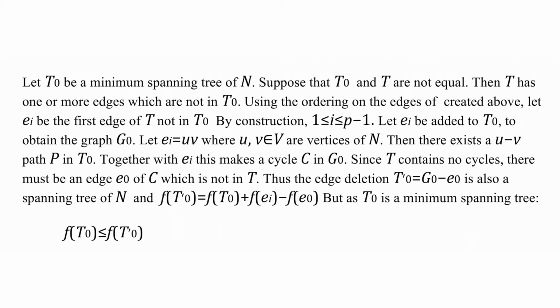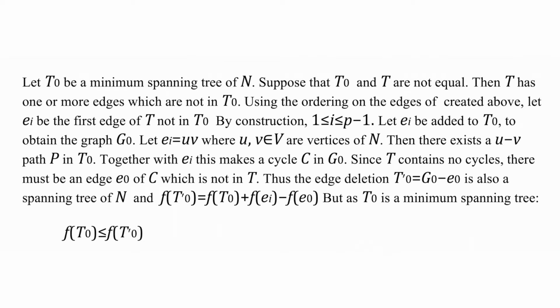Then there exists a uv path P in T0. Together with ei, this makes a cycle C in G0. Since T contains no cycles, there must be an edge e0 of C which is not in T. Thus, the edge deletion T'0 equal to